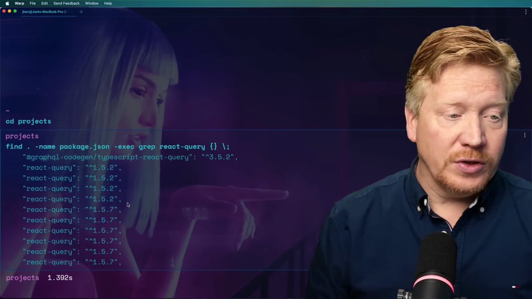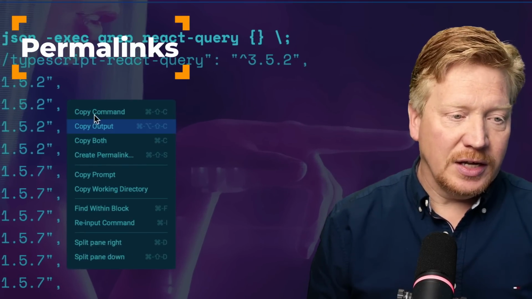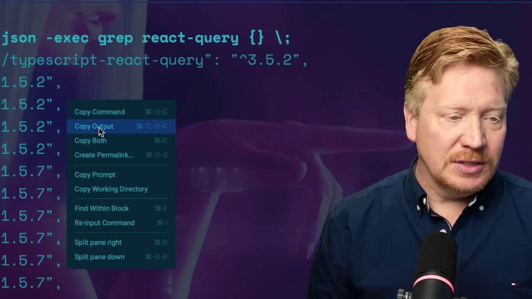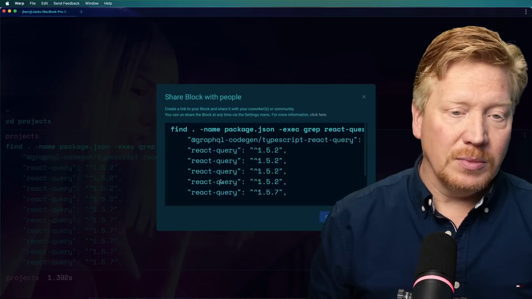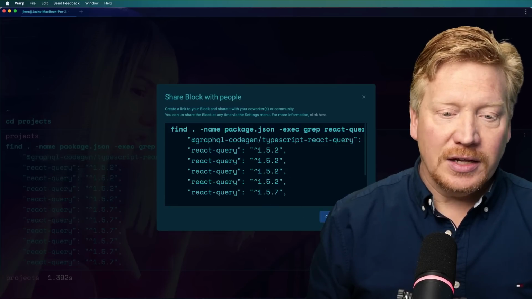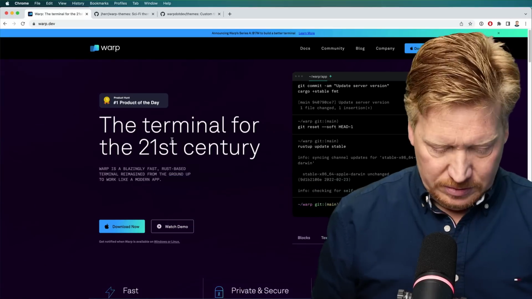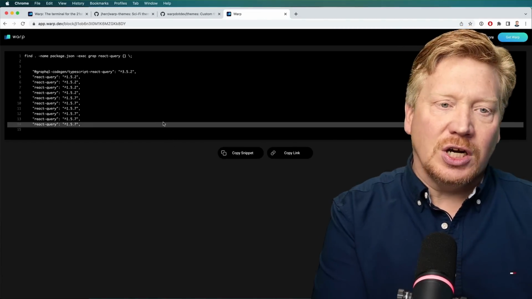Another really cool thing here now is that we have this block. We can bring up this context menu, and I can show you all the commands associated with it. You can copy the command. You can copy the output. You can even do this really cool thing of creating a permalink. And what I can do with that is I can hit this create and copy link, and then I can go over to my browser, hit paste,